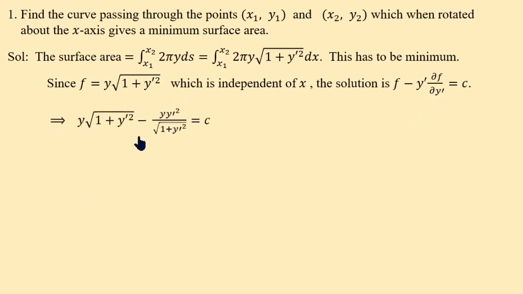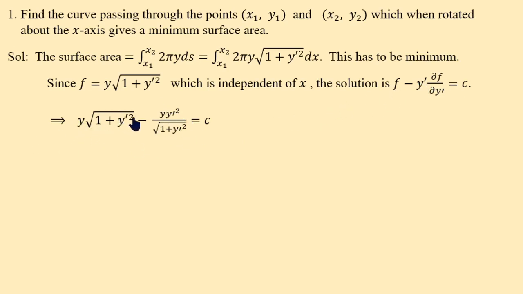Therefore, dou f by dou y dash is y into y dash by root of 1 plus y dash square. The 2 cancels, and into y dash is there. So it is y dash square by root of 1 plus y dash square, and f is nothing but y into